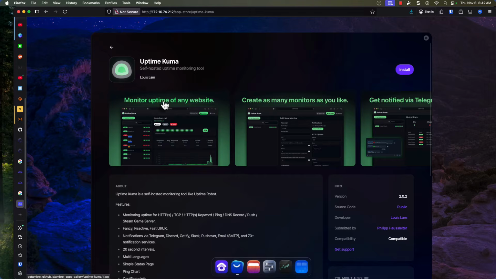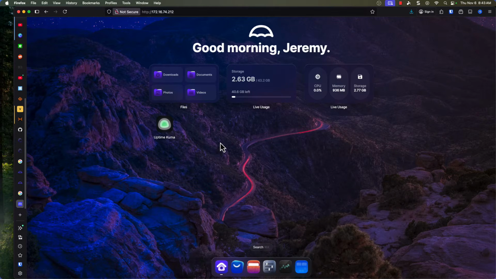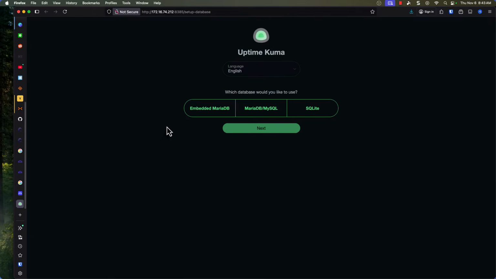Great monitoring application. This is the latest version, version 2.0.2. Click install, and it should only take a moment or two, and it should be ready to go. Alright, so it has added an icon to the desktop, I suppose you could call it. And if we just click on that, it will magically take us to the Uptime Kuma initial screen, and you